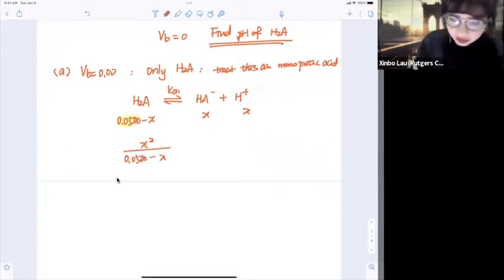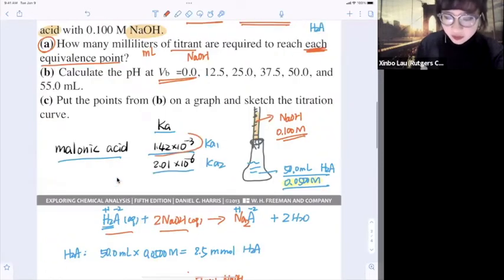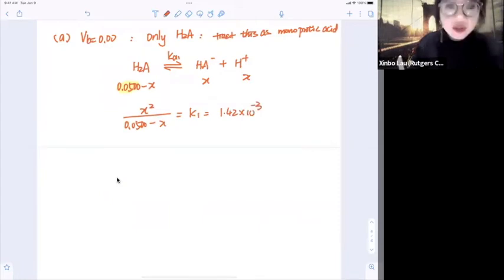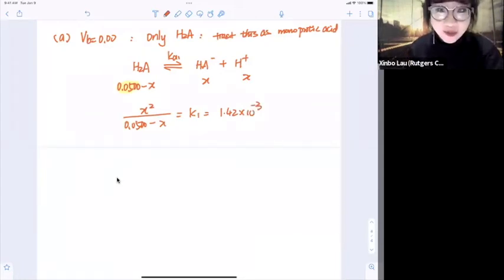And then giving you the Ka1 or K1, which is given from the question, 1.42 times 10 to the power of -3. You go, oh, this doesn't sound small, so the small approximation will not be applied. Again, I'll just give you the answer at this moment, but as an assessment question, I will give you a value for which the small approximation will be applicable,